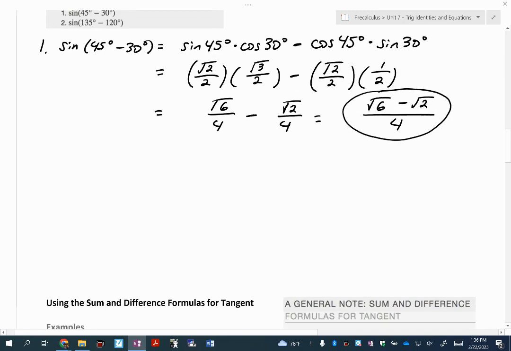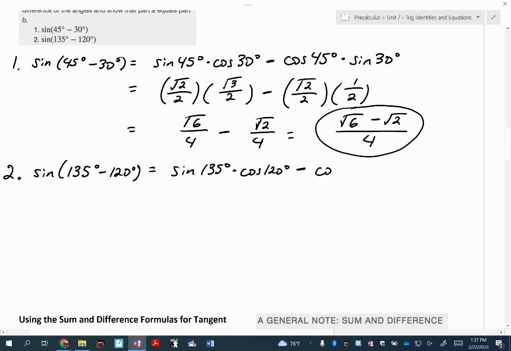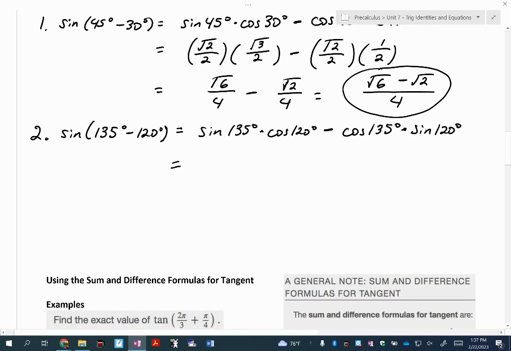Let's try number 2. Number 2 says the sine of 135 degrees minus 120 degrees. That's going to be the sine of 135 times the cosine of 120 minus the cosine of 135 times the sine of 120. Now, what makes this tougher is that you really do need to know your reference angles and you need to know your All Students Take Calculus, right? If you don't know that, it's going to make this a little bit challenging. So I know